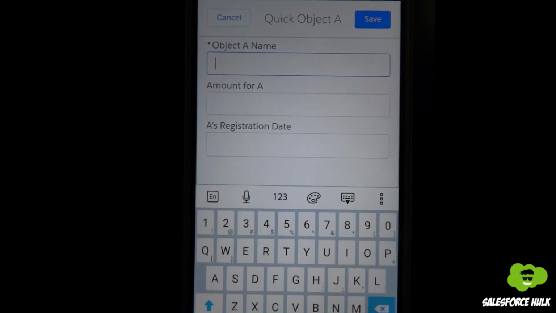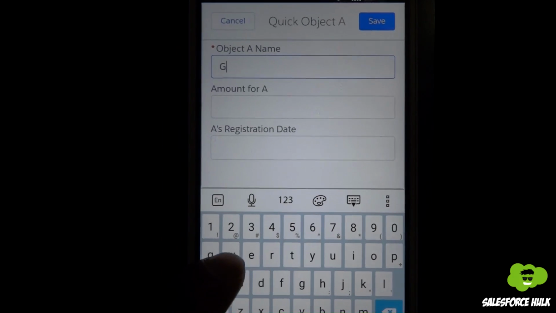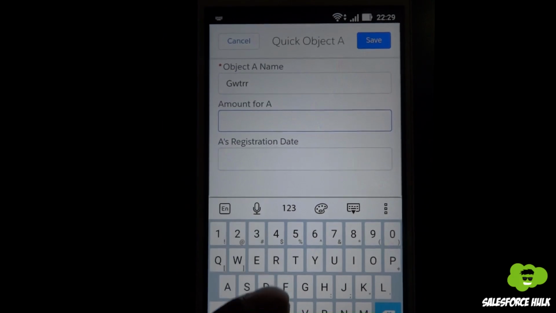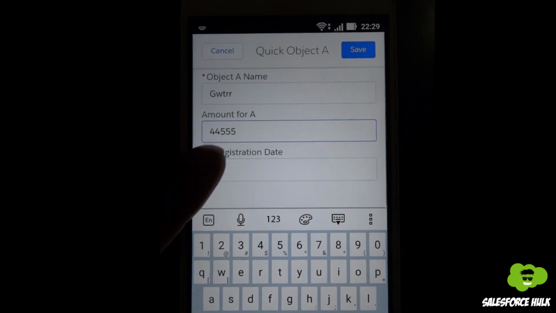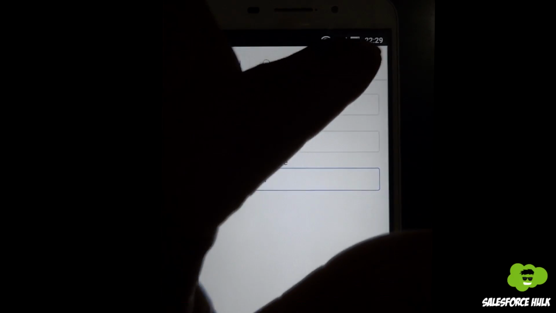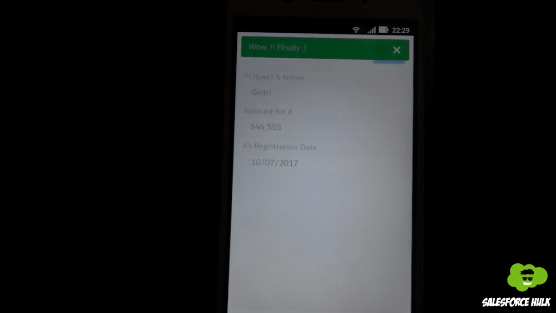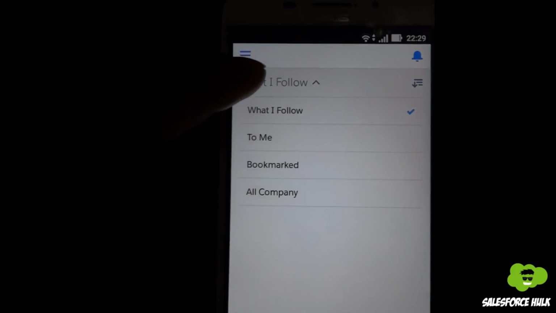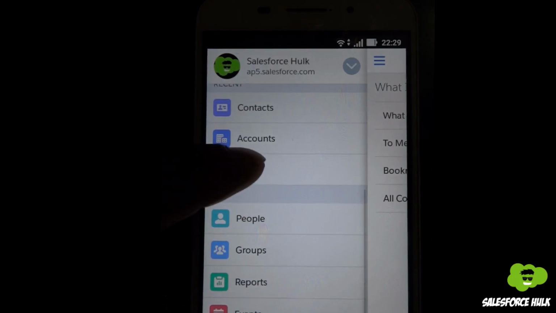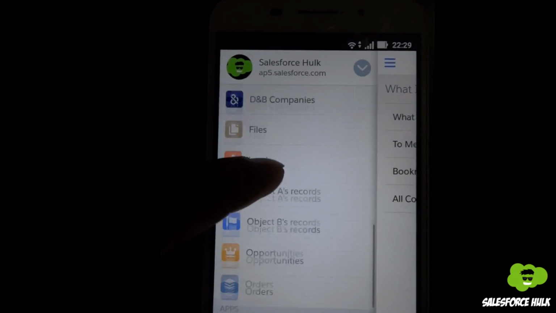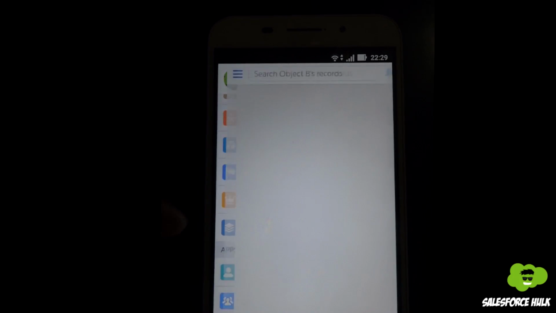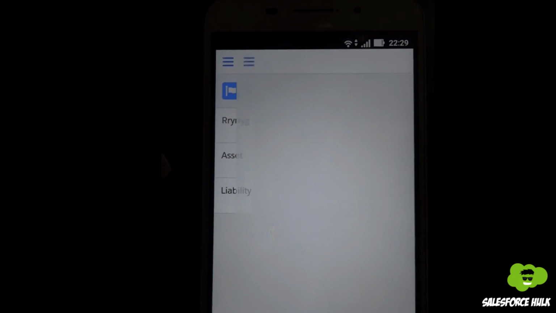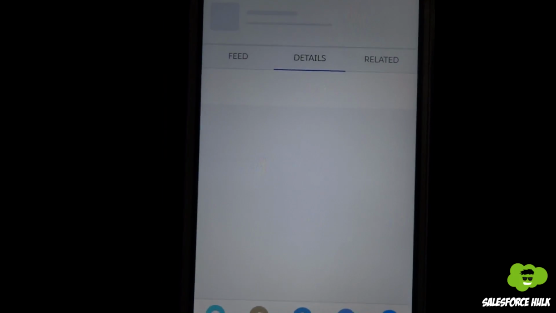and we can simply enter the name, whatever we want to enter, GWTRR, and the amount as anything, the date as this only, and click on save. This is working perfectly fine, and the success message was also displayed. And if we go to Object B's record, Object B's record detail page, like RRTYG, which we have created right now only,